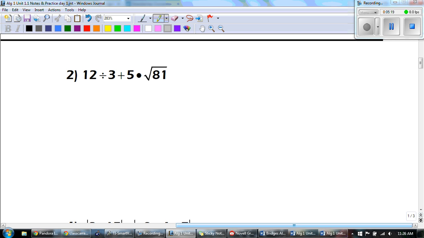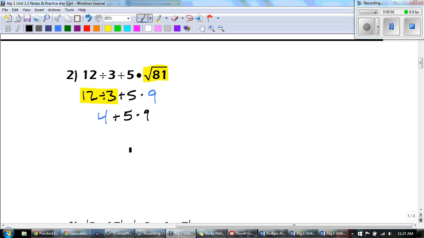12 divided by 3 plus 5 times the square root of 81. Now, order of operations says that I have to take exponents and roots. That's the E, that's the excuse. That comes first. So we still have 12 divided by 3 plus 5 times the square root of 81, which is 9. So I see division, addition, and multiplication. Now from left to right, that comes first. 12 divided by 3 is 4,